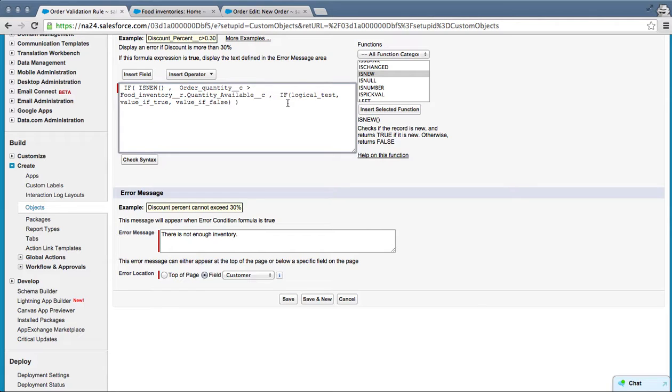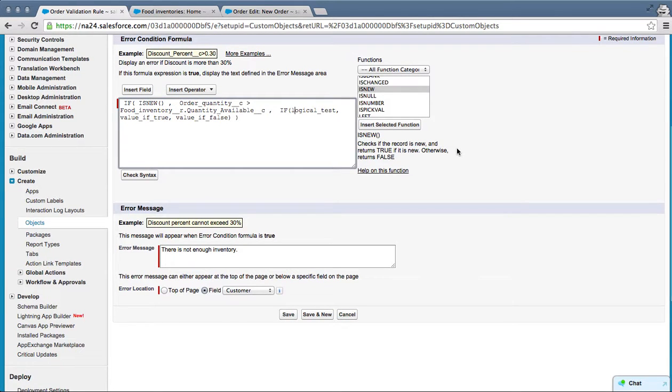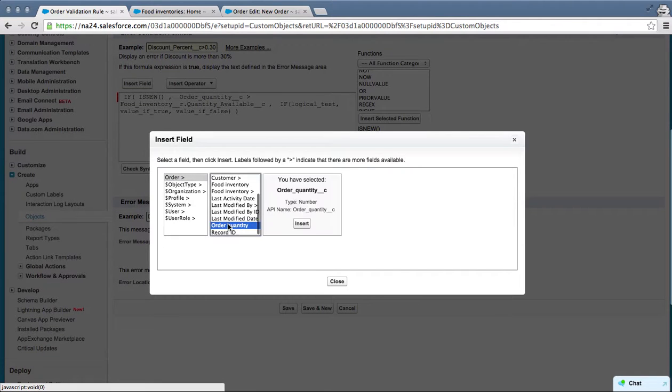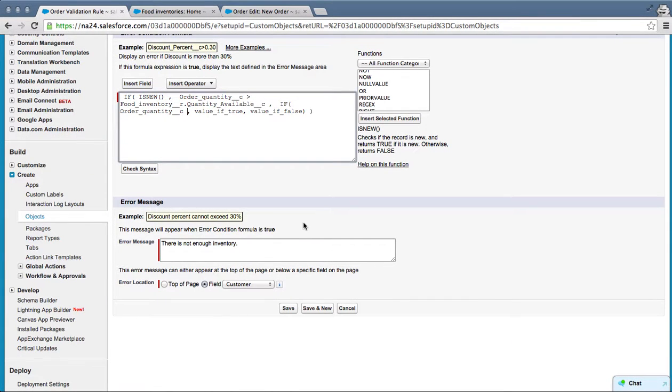However, if we are editing an existing record or an old record, then we need to have a separate if statement to just test for that existing record. So the logic test that we want to have for an existing record is, I'm going to highlight this logic test. There is a function of Salesforce which is called prior value. So what we want to see is, first we'll insert the field which is quantity ordered or order quantity is less than